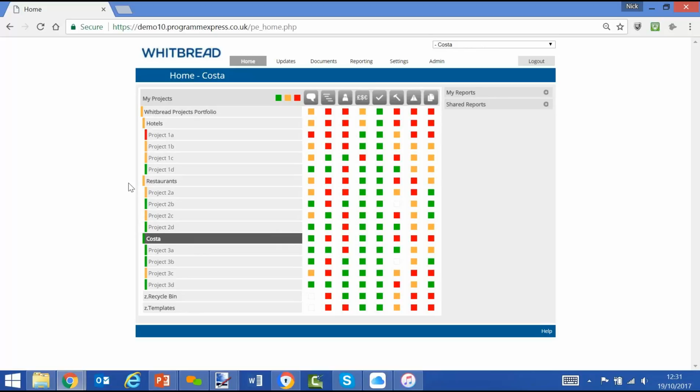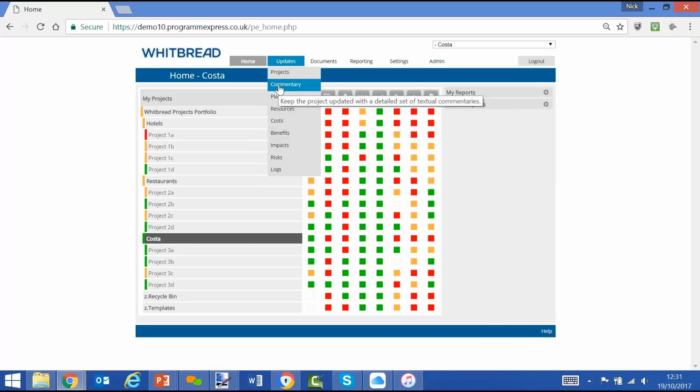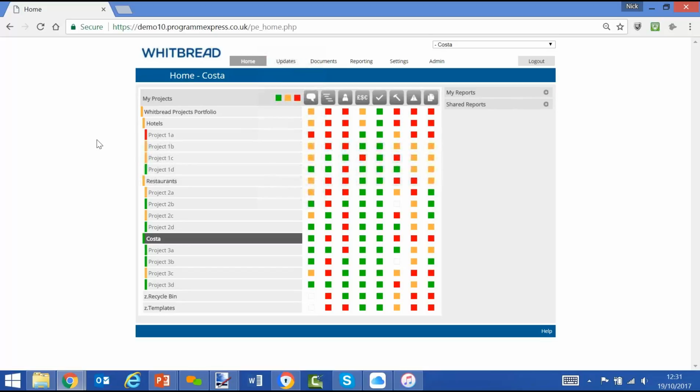So from this home screen, we can see and do a lot. We can view the health of the projects by using the red, amber, green status, by their individual modules, shown here as icons, but better shown through the Updates tab as commentary, plan, resources, costs, benefits, impacts, risks, and logs. So from this screen, you can view and drill down into the screens, or you can run reports that